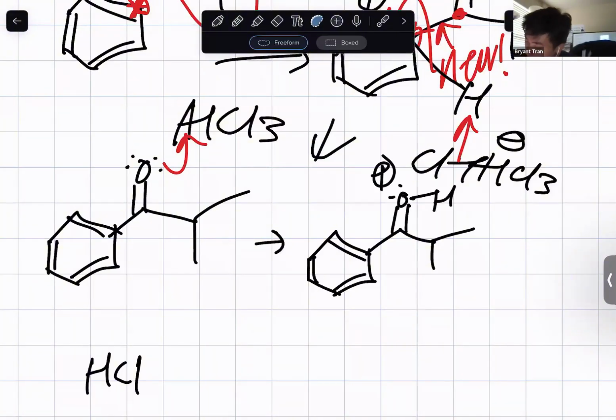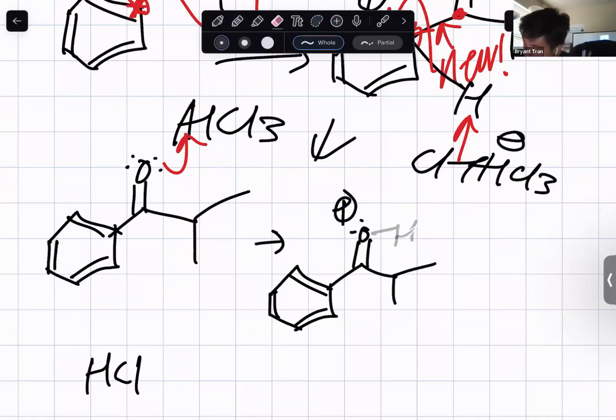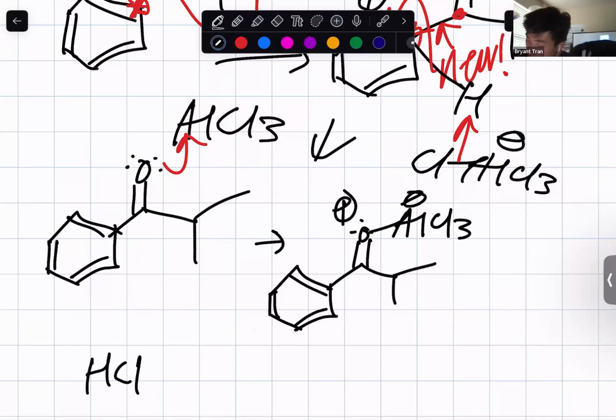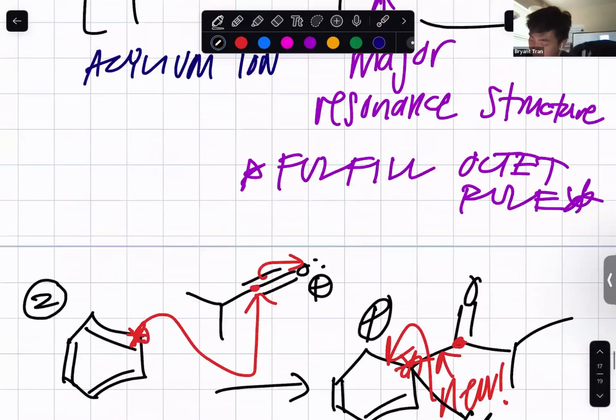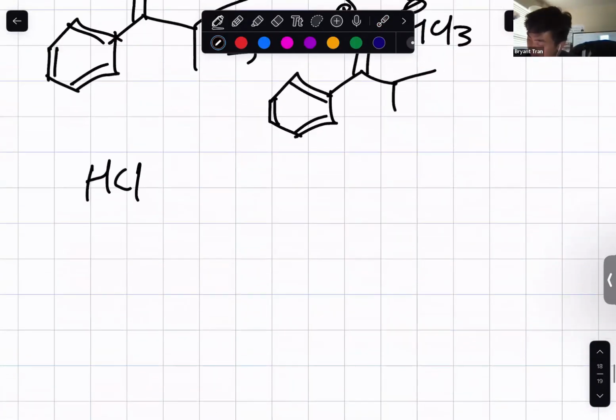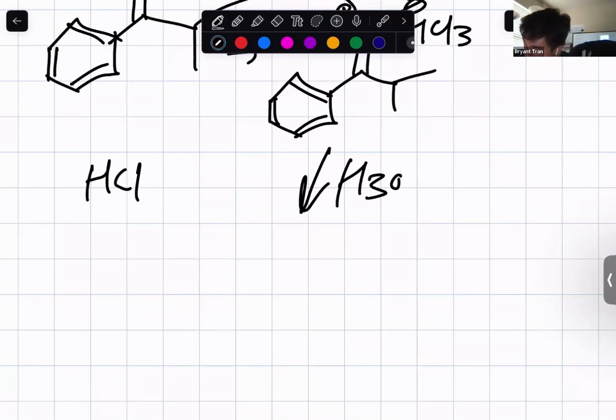Right? Now, because that oxygen here now has 3 bonds, right? Aluminum AlCl3, negative charge, and aluminum has 4 bonds. Oxygen would be positively charged, and aluminum would be negatively charged, I mean. Now, that's the end of the first step, right? To clean this up, we bring in our second step, which is the acid workup, right? H3O plus, we'll clean it up, neutralize the carbonyl or acyl group,